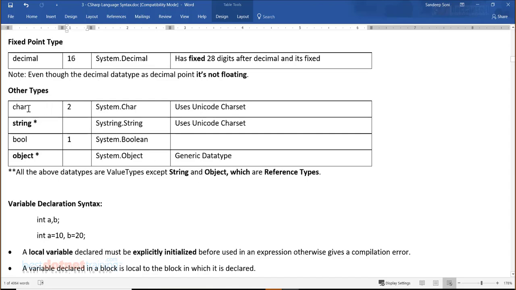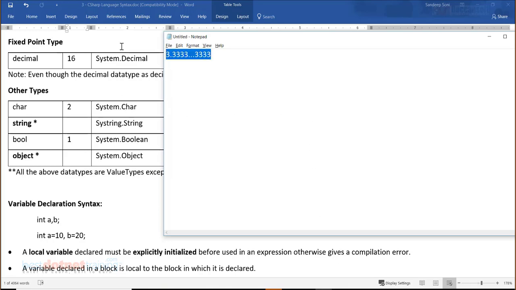Then we have got the character data type. Unusual case, character is 2 bytes. Mostly character we know is 1 byte. In C, if I talk about one character, it's actually 0 to 255 that will be the range. Why? Because it is 1 byte. One character in C is 1 byte. So the range is going to be between 0 and 255. That means what? Maximum we can have 255 characters representation.